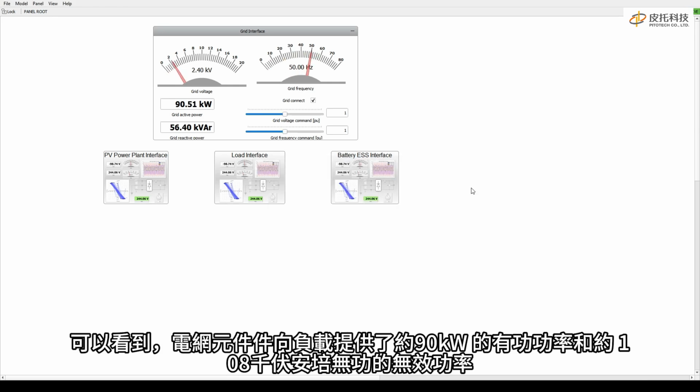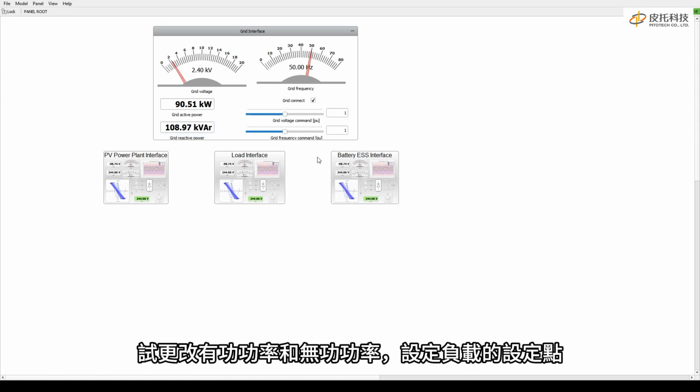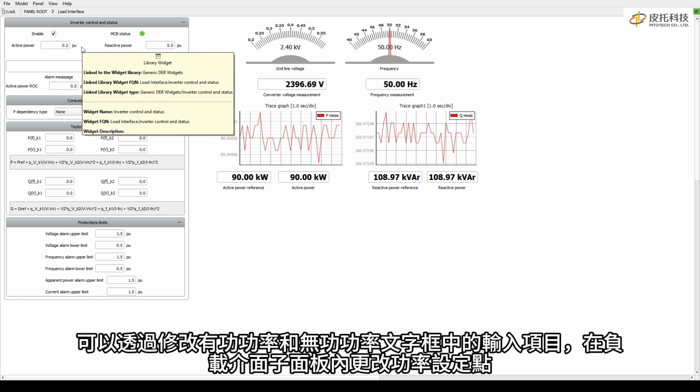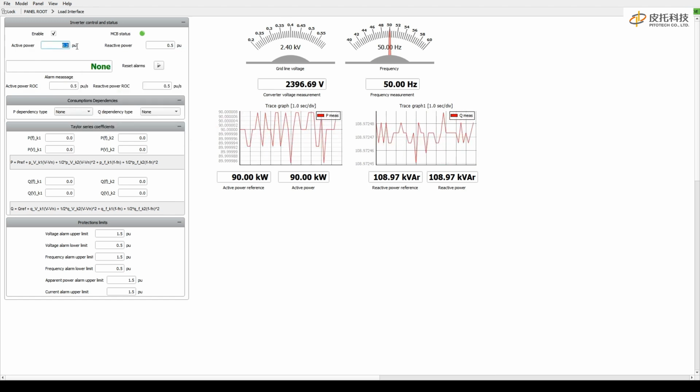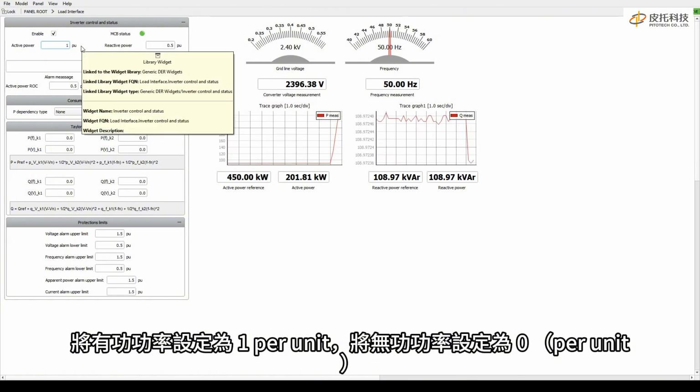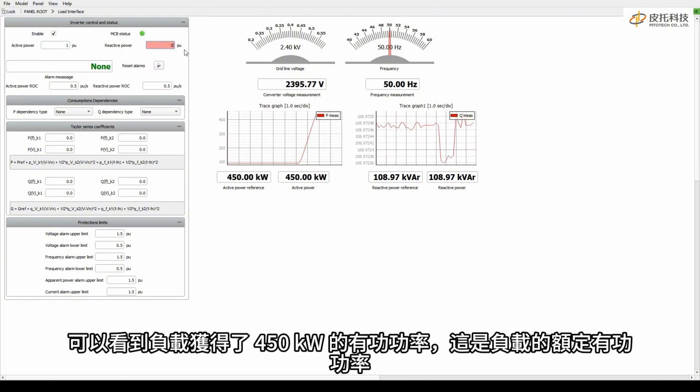You can see that the grid component supplies the load with around 90 kilowatts of active power and around 108 kilovolt-amperes reactive power. Try changing the active and reactive power set points of the load. You can change the power set points inside the load interface subpanel by modifying the entries in the active and reactive power text boxes. Set the active power to 1 per unit and reactive power to 0 per unit. You can see that the load is supplied with 450 kilowatts of active power, which is the nominal active power